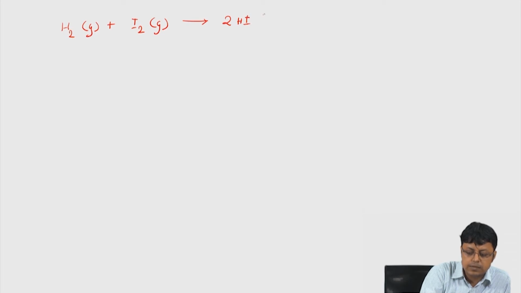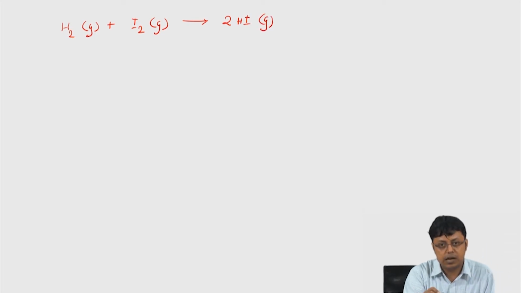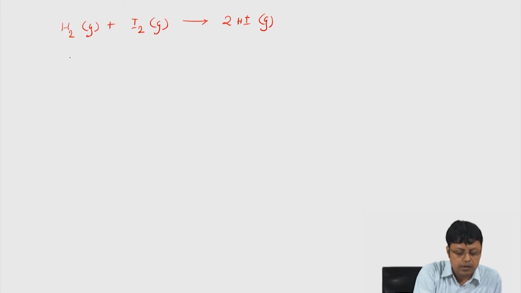This is also a gas phase reaction of the production of hydrogen iodide from its constituent hydrogen and iodine, and the rate was found to be, meaning it is an experimentally determined quantity, as simple as k into [H2] into [I2], which again you might think that okay, the rate is just H2 into I2, because there is one molecule here and one molecule here,